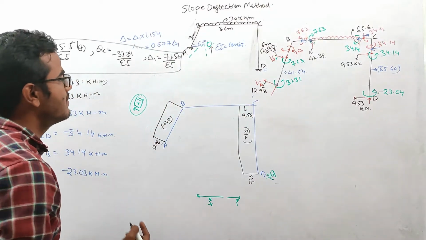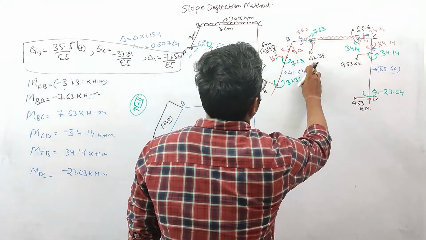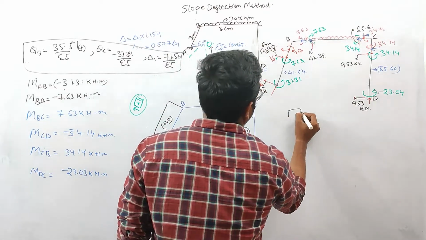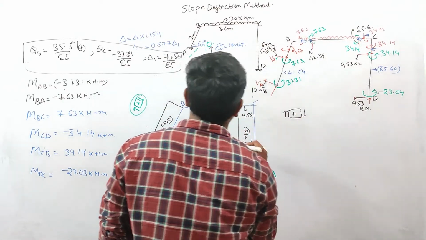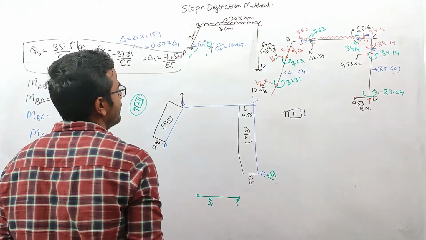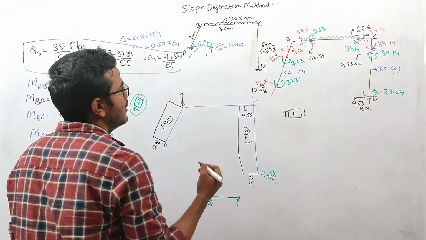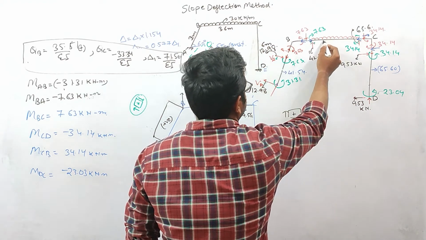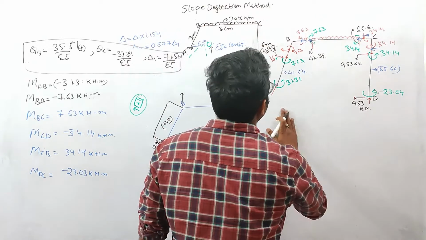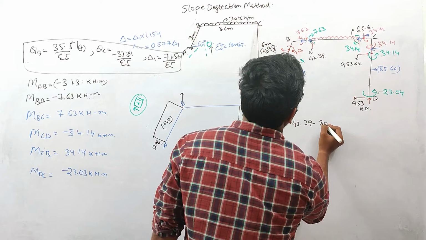Now what about the member BC? At BC, the shear force at this point is 42.39, right? Which we have already calculated, and this is our situation. So it will be plotted above this reference axis BC. And the variation of the shear force will be linear because there is UDL inside. So I can write 42.39 minus 30 into x.